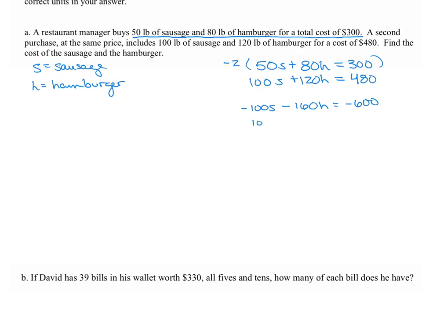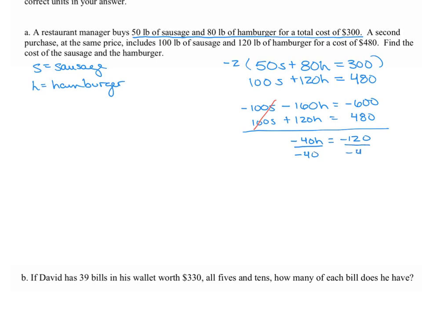My second equation is going to stay the same. And if we go ahead and add straight down, my S terms cancel. I am left with negative 40H equals negative 120. We can divide by negative 40,